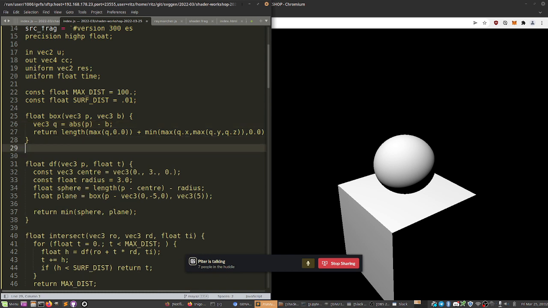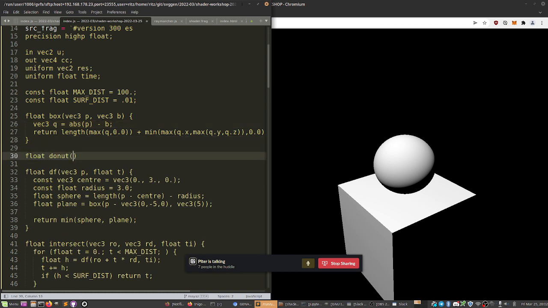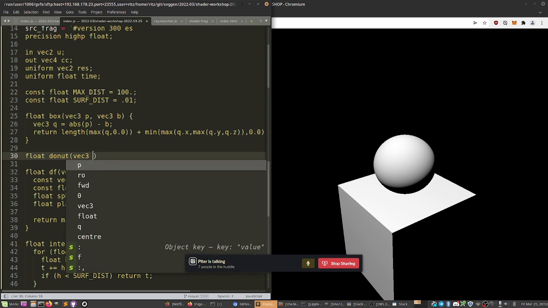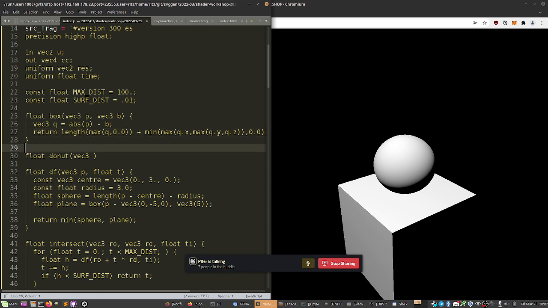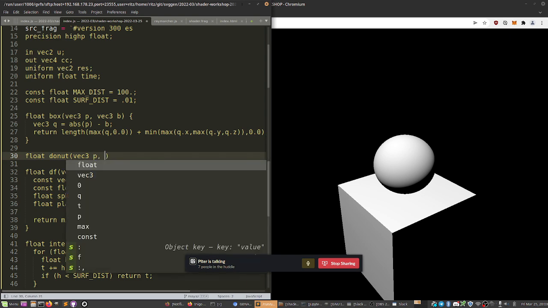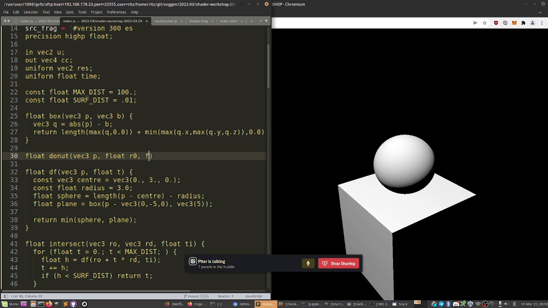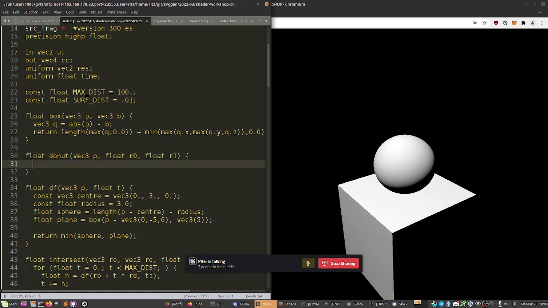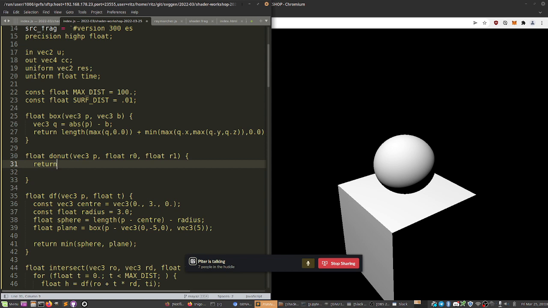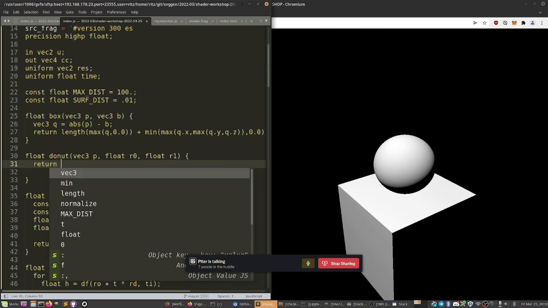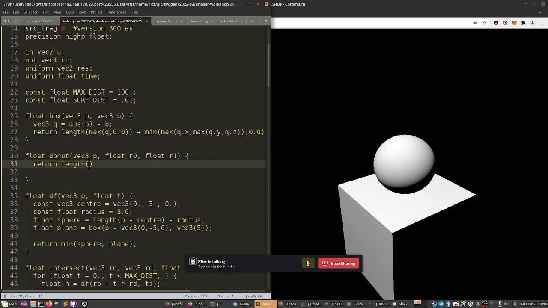There's another shape that I like a lot. That's the donut. It's a very simple shape. For SDFs, it's the second simplest formula, I'd say. I mean, the box is pretty complicated, but the sphere is really simple, and the donut is also really simple. So we have the coordinate. We need to know the inner radius and the outer radius of the donut, and this is equal to the length of